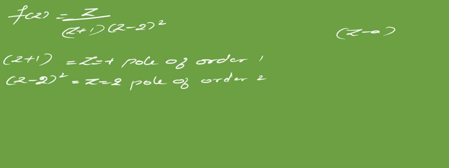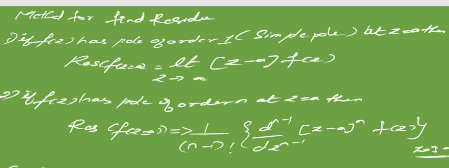Now we are going to find the residues, right? So here you can see we have two terms in the denominator. So we have two residues, one with respect to z plus 1, one with respect to z minus 2. I'll start with the first one. So residue at z is equal to a. What is the first pole value we have? Minus 1. So what are we supposed to do? z is equal to minus 1 is a pole of order 1. As in the last video, if it is a pole of order 1, you just have to take the limit at that point of z minus a, f of z, that's it.